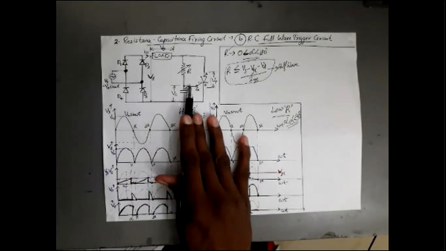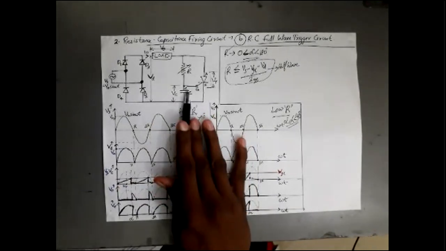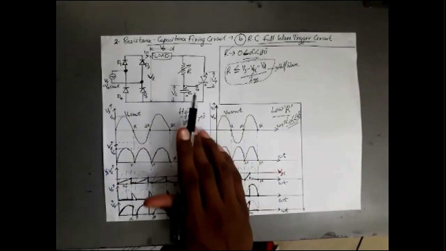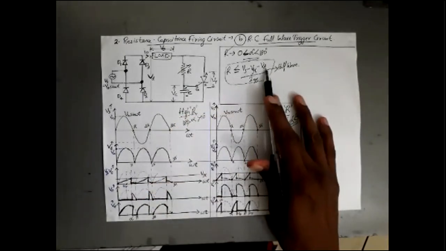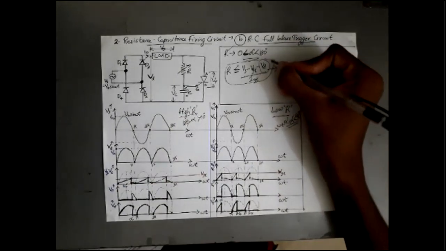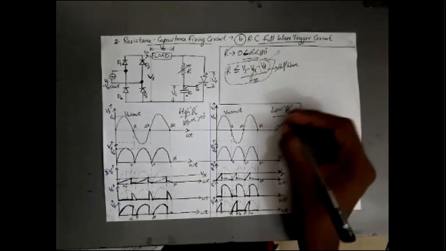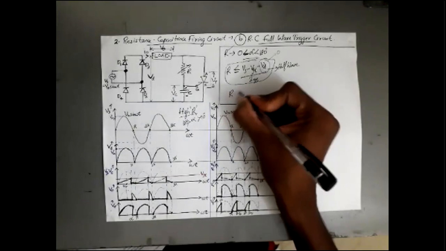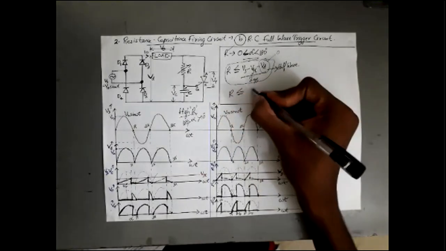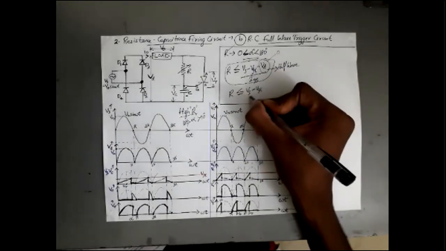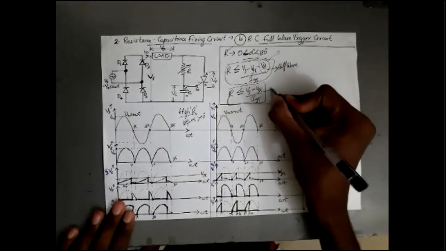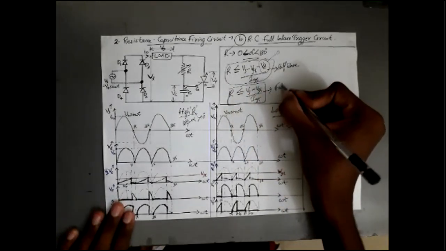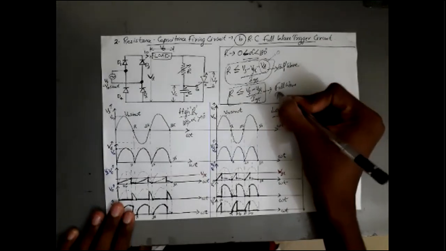Clear? So since there is no diode here, there is no voltage drop across a diode. So this voltage will be 0 in case of the full wave trigger circuit. So the equation remains the same. R should be less than or equal to Vs minus Vgt minus 0 divided by Igt. It is the condition for resistance in the full wave trigger circuit. Hope it is clear for you.